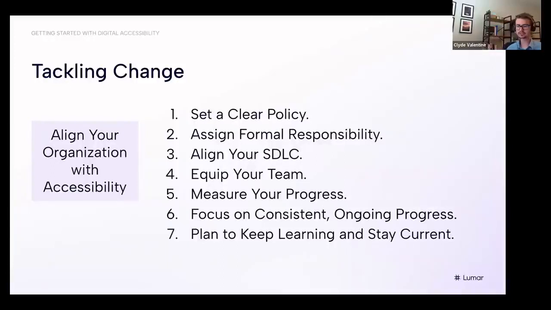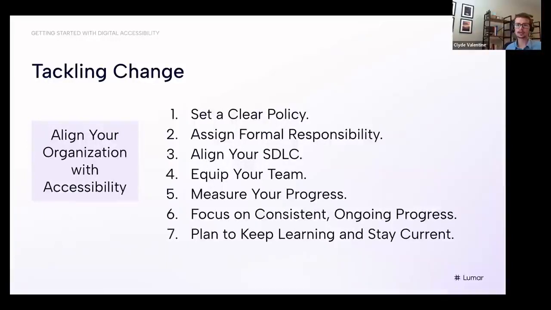The next aspect that I think is really important is giving somebody formal responsibility for the accessibility initiative. Without an internal leader and champion for accessibility, there's no accountability and therefore no consistent progress. So actually making this somebody's job is quite important. And ideally that's somebody whose core focus is accessibility. So that could be an accessibility manager with executive sponsorship and support. That could be a chief accessibility officer, VP or director of accessibility or what have you.